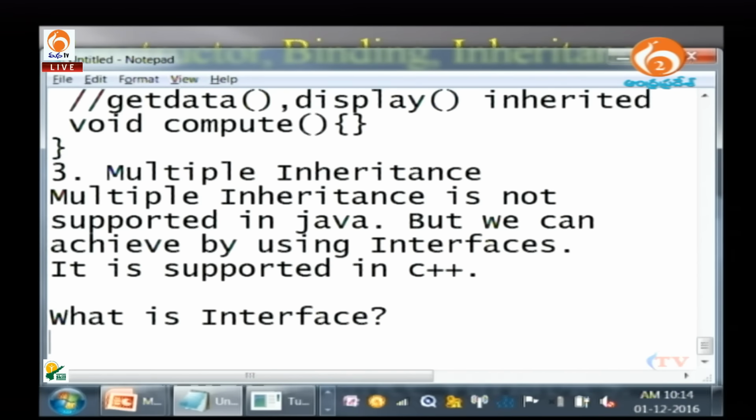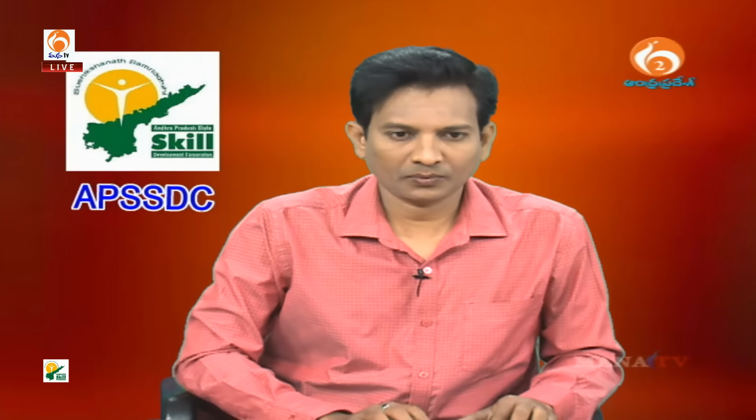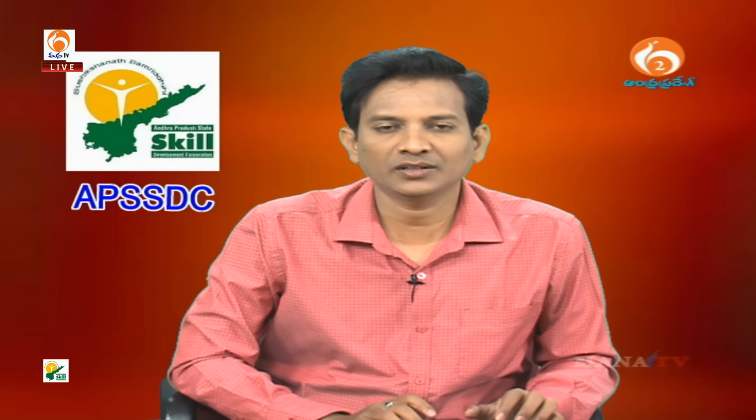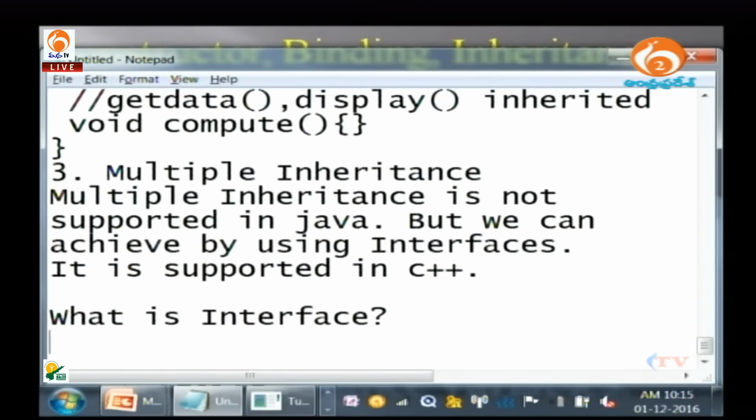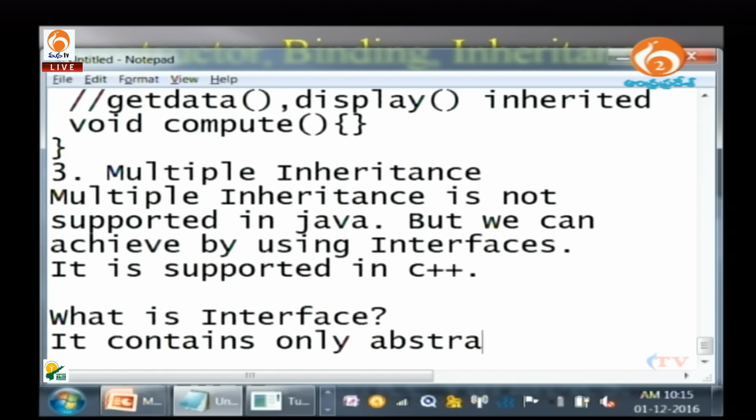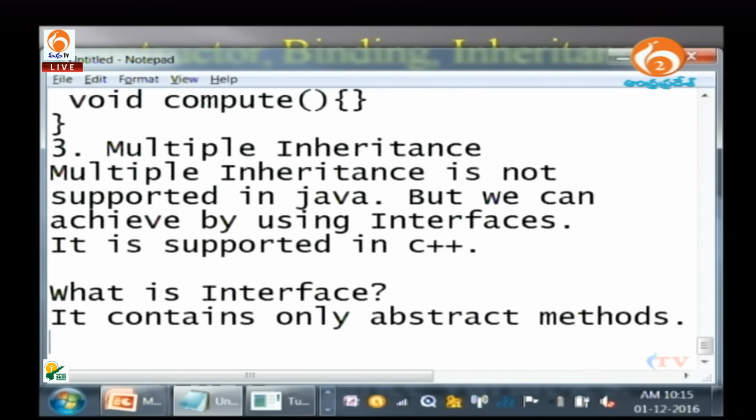Interfaces don't contain any body of the method, they contain only abstract methods. Okay, it doesn't contain